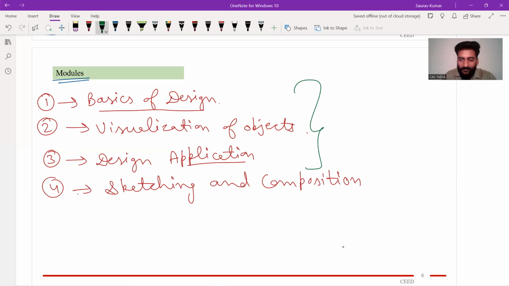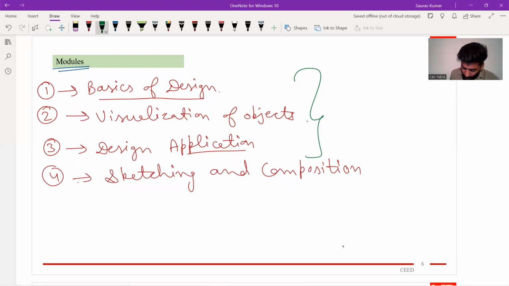In this, again, we'll talk about the basics of design, but in terms of drawing, line drawing, and then warm-up drawings, or observations, whether you can create observational drawings, and then whether you can create perspectives, cross sections, or design of your surroundings, design of buildings, a lot of things. We'll cover them from very basics to very advanced, how to think, how to present that on paper, all these things. So this is sketching and composition. Further, another module includes